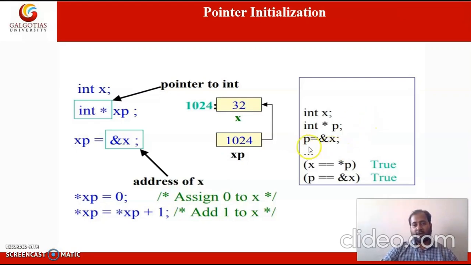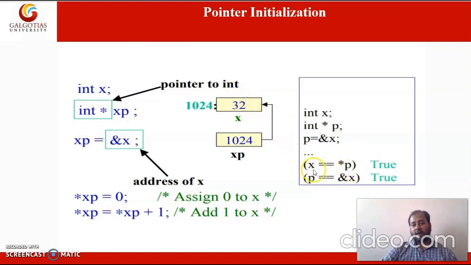Okay, so here I have assigned address of variable x to p. So it is pointing to address of variable x, and also we can access value of variable using the pointer using star operator. So here x equal to star p means x equals to, x here in this example is 32.